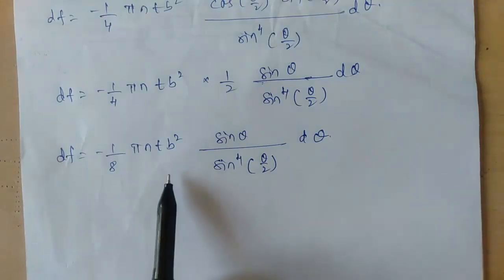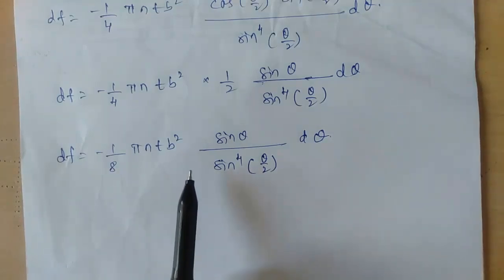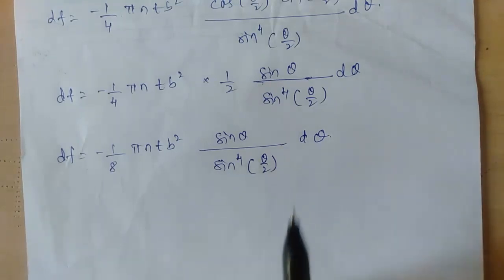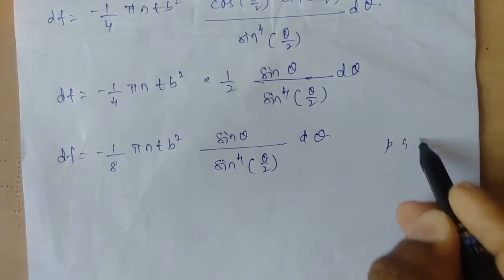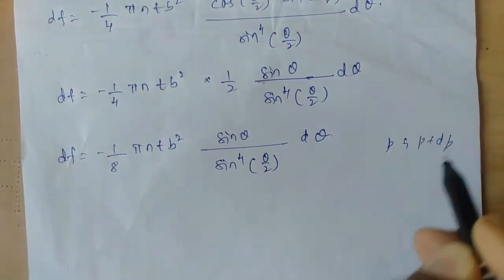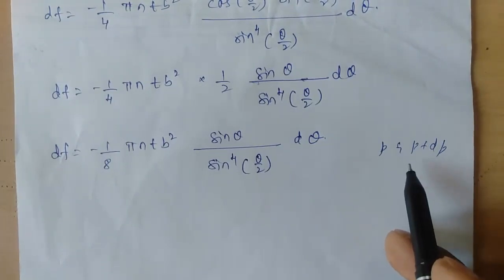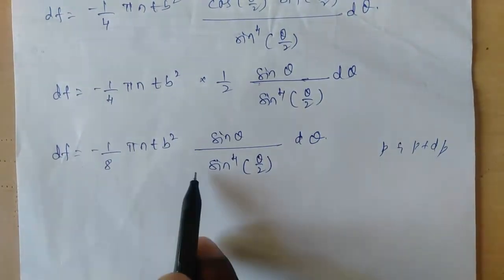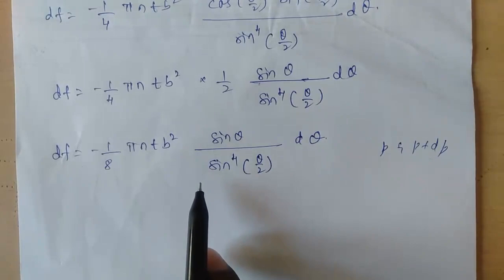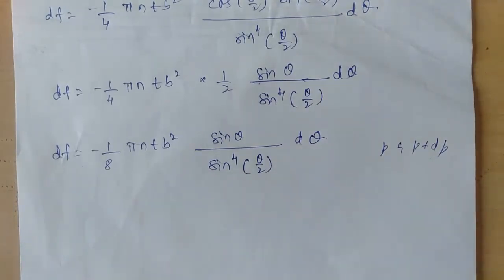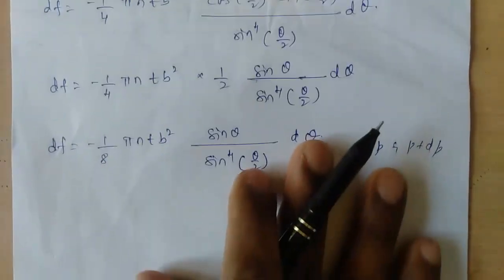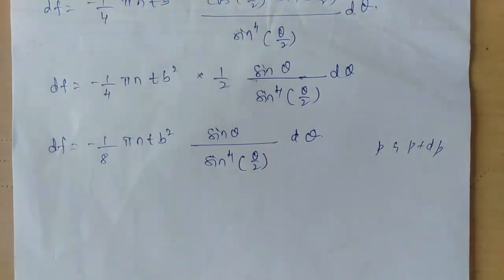So this equation also gives the probability of alpha particles striking the target within an area of radii b and b + db. So within this area, how many particles are getting scattered? This equation gives the probability, or the number, or chance of alpha particles getting scattered with a scattering angle of θ and θ + dθ.